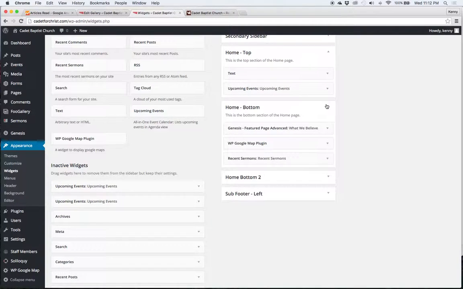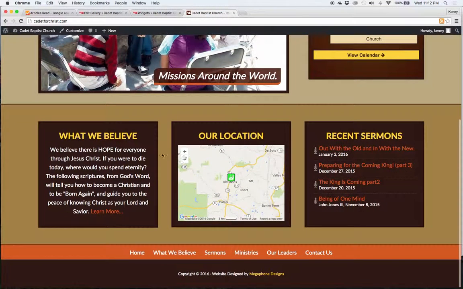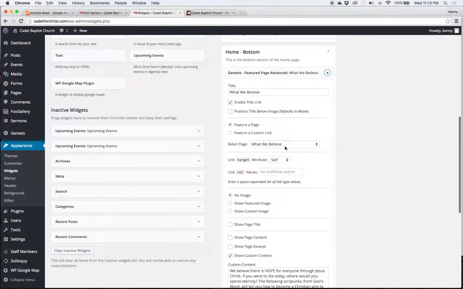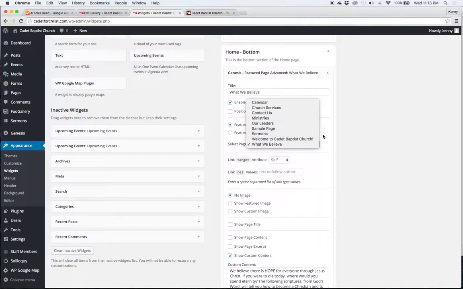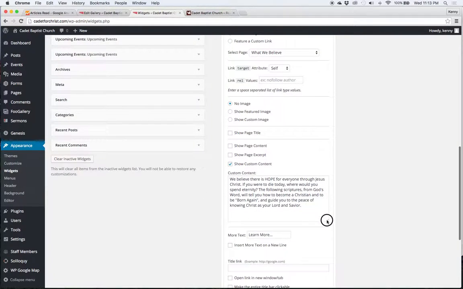In the home bottom section here, then we have the 3 widgets that appear across the page. What we believe, our location, and recent sermons. We can make changes to where this links to. If we want it to link to a different page, if we want to have different content within here, we can. If you change the text out within this section here, which is fine to do, then you need to